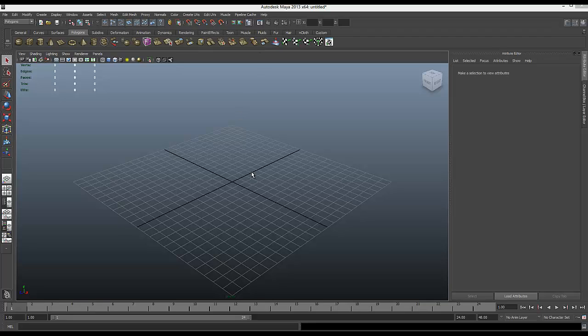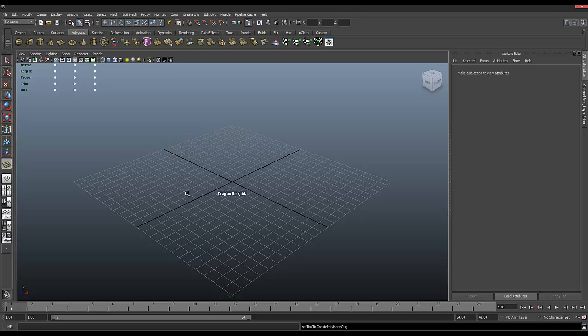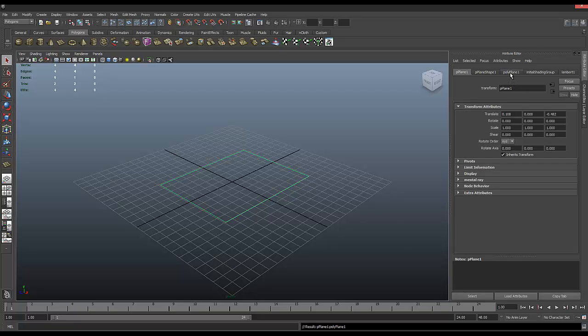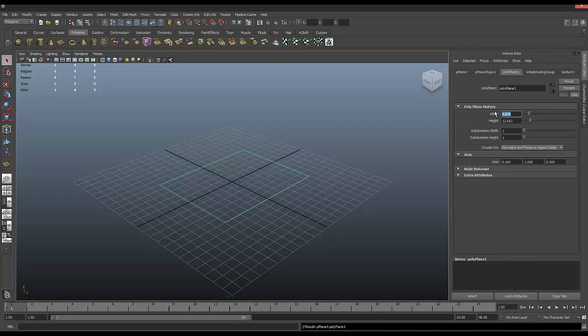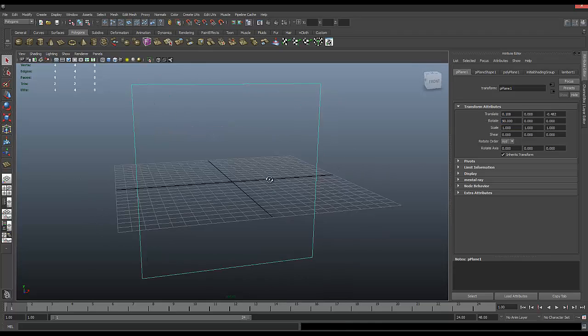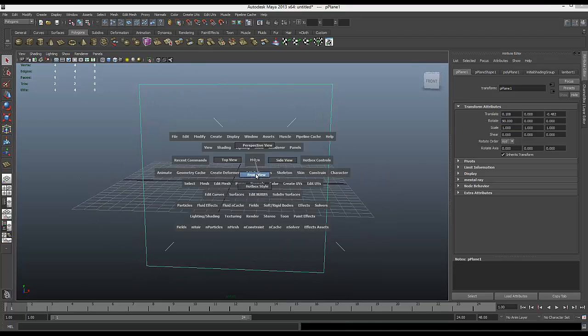Okay, so this is the third part of our branch and leaf tutorial for games. We'll create a mesh for our leaf texture. We create a simple plane, and we will set this to 20 by 20 and rotate this 90 degrees. Okay, like that. We go to front view,